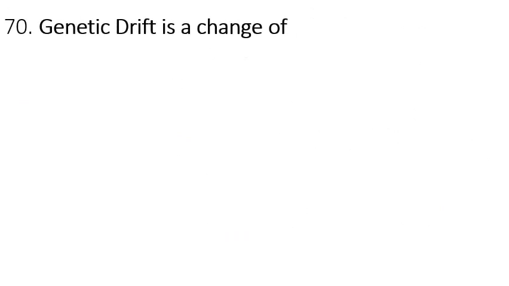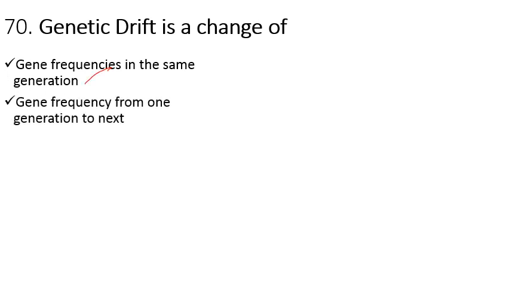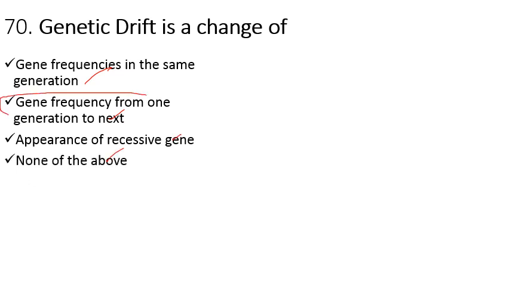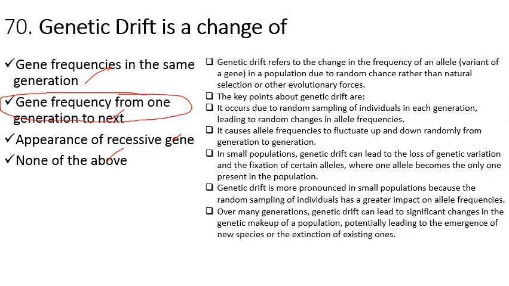The next question is: genetic drift is a change of. Our options are gene frequencies in the same generation, gene frequencies from one generation to the next generation, appearance of recessive gene, or none of them. So the right answer is gene frequency from one generation to the next. Genetic drift is a fundamental principle in evolutionary biology. It is a stochastic, non-selective process of frequencies